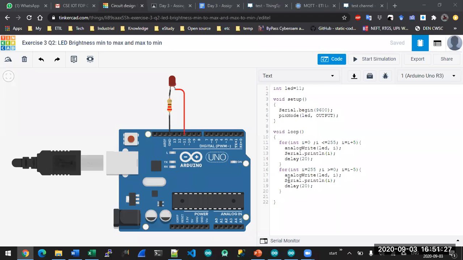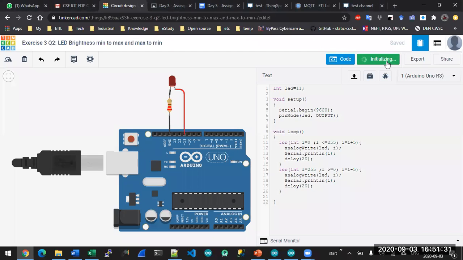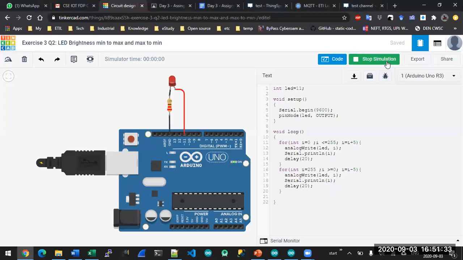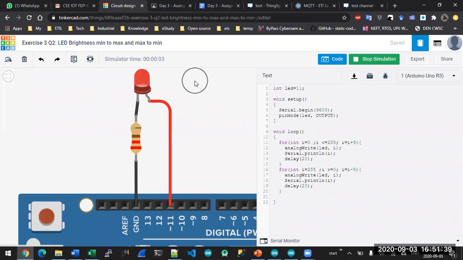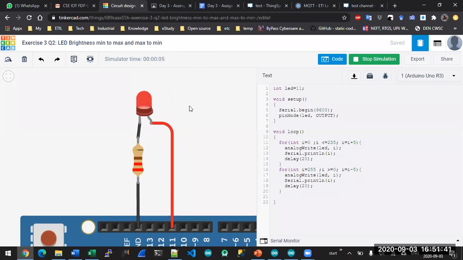I'm just simulating it. I think you should be able to detect the brightness of the LED.